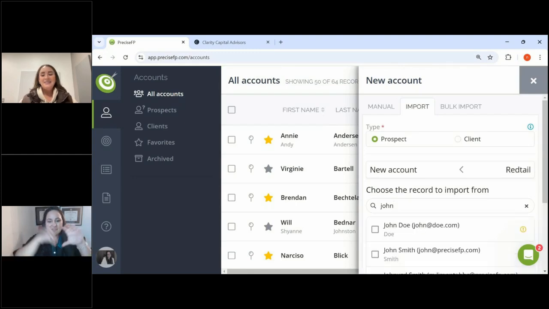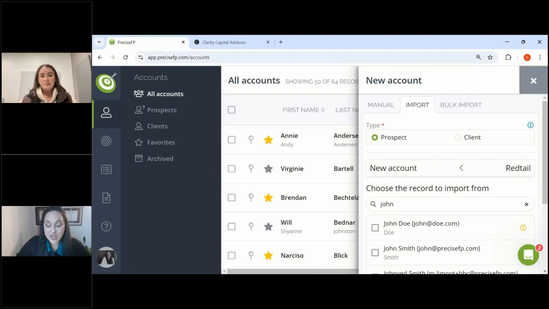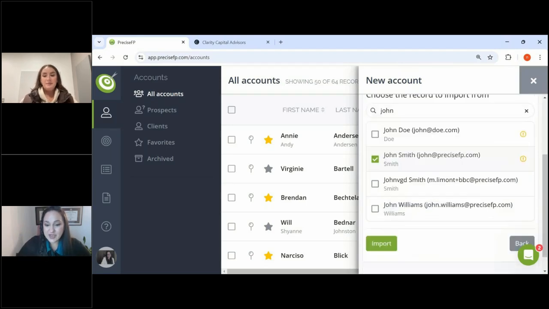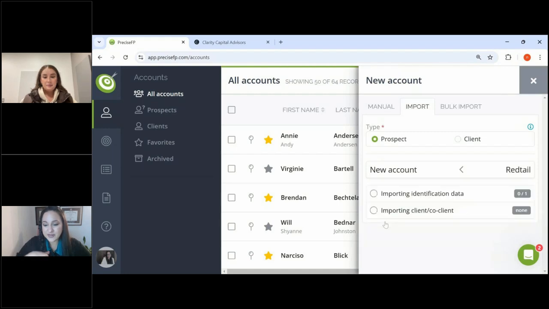All right, so let's say there's a John inside of that cold prospect list in Redtail. I can just click on import, type in the first few letters of John's name, and choose him from the list. So if this is the John that I know I want to send that drip to, I can go ahead and import him in. It'll take a few seconds here, but it'll take all of that information inside of Redtail and import him